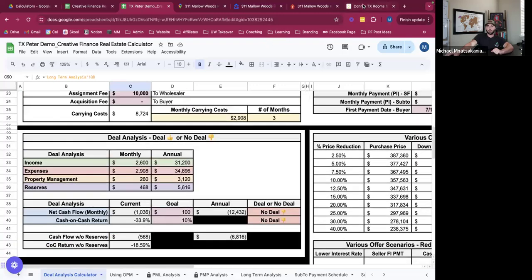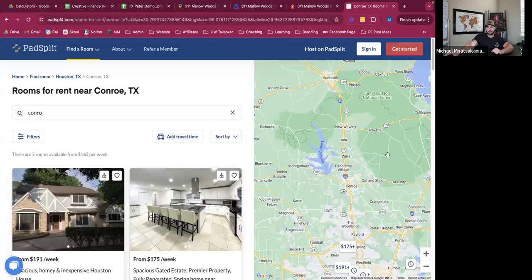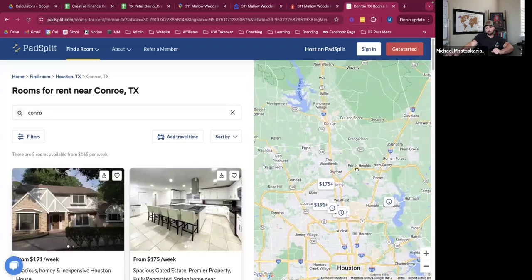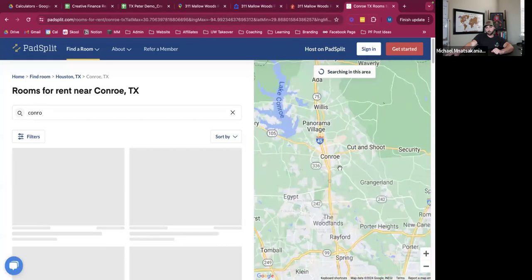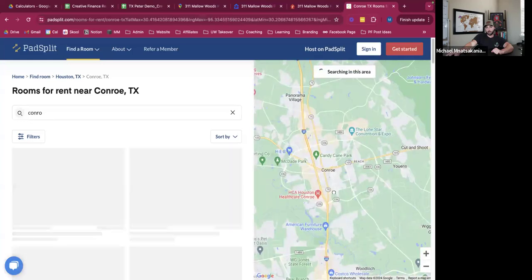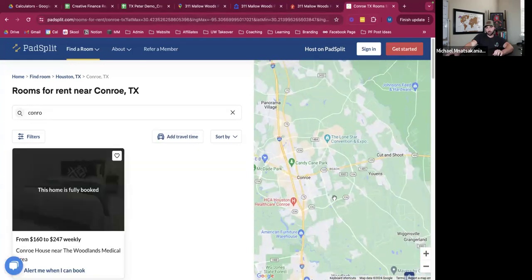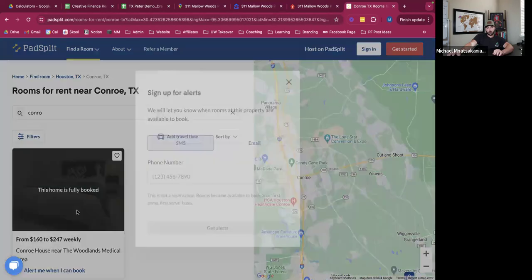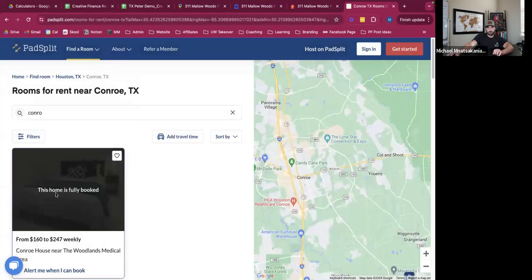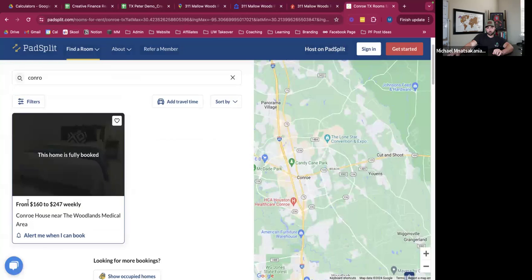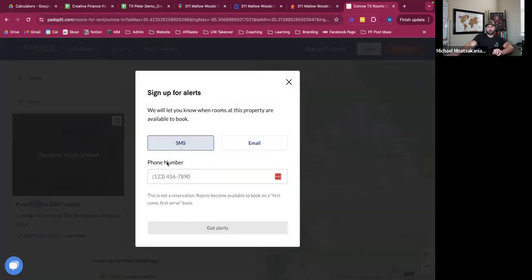Let's use this one Conroe, Texas example. Where is it? We saw that one property that was fully booked out. They do have one, and it was fully booked out. I don't know how it's 160 to 147, but I would assume private